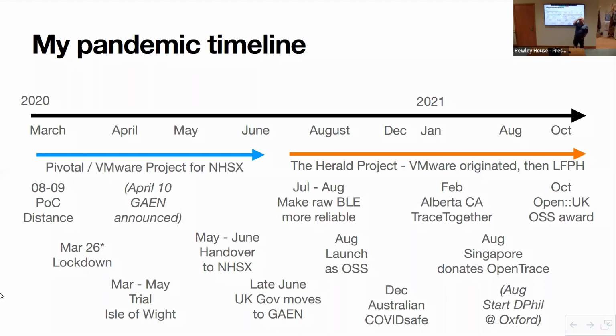on an open source Bluetooth reliability layer. And that ended up being used in Australia and Alberta, Canada's apps. So it was on 7.6 million phones at its height. And the interesting thing about Australia was it's a federal system. So the parts of Australia that used the data, because they didn't have to use the data obviously, those that did use the data had really good figures for lack of spread.